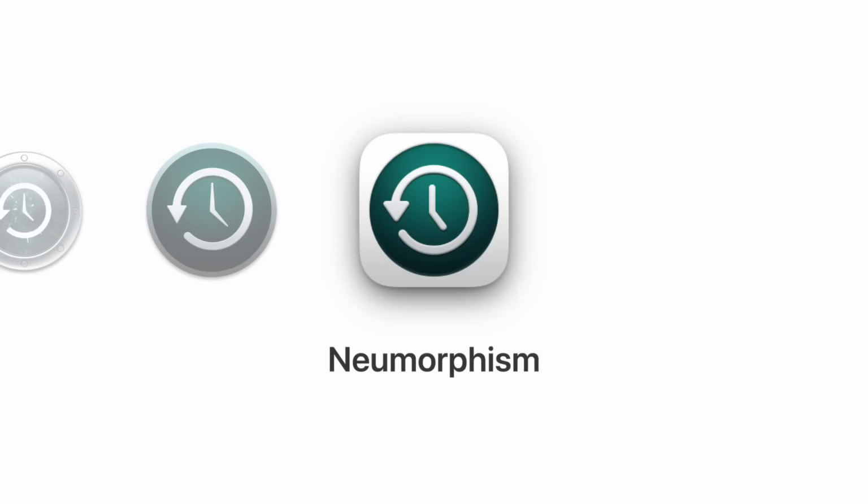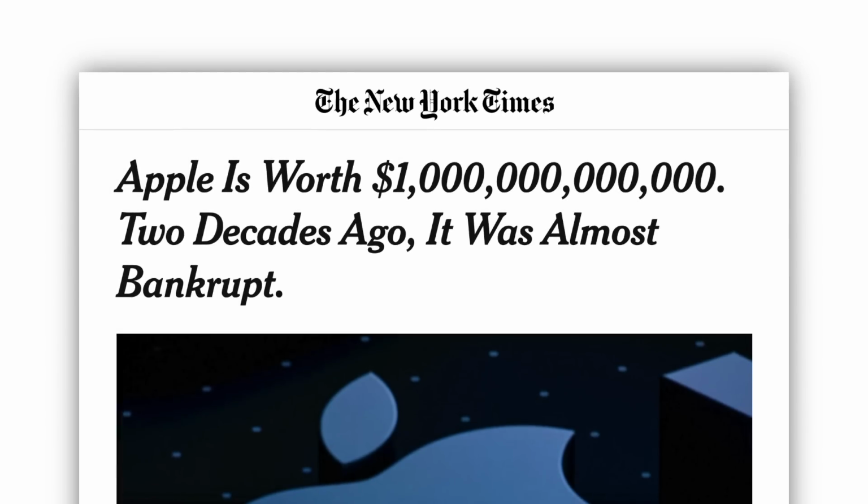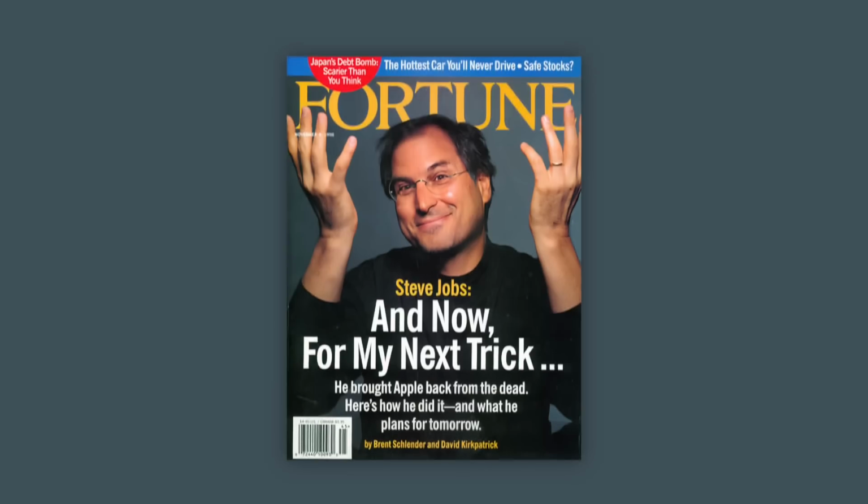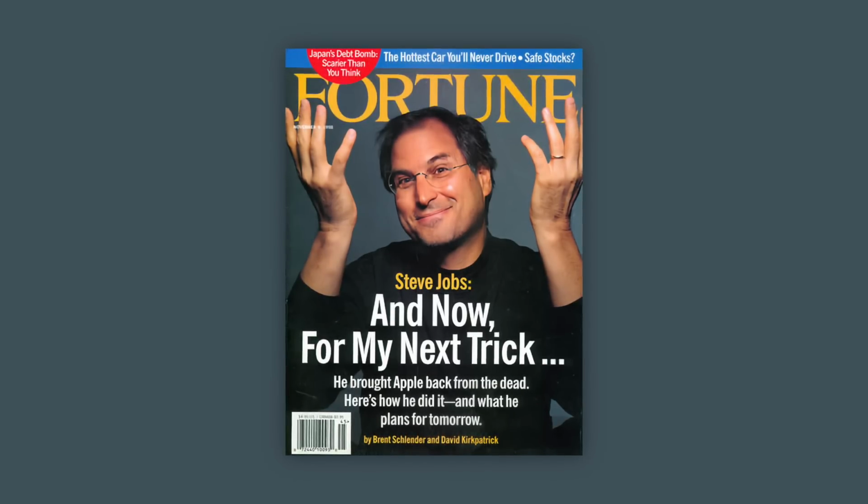To understand what Skeuomorphism is and where it came from, we need to go back to the late 90s when Apple was on the brink of collapse. When Steve Jobs returned to Apple in 1996, the company had about 90 days left of cash in the bank. Jobs needed to cut the underperforming products in Apple's lineup and quickly develop new, successful products that would help bail